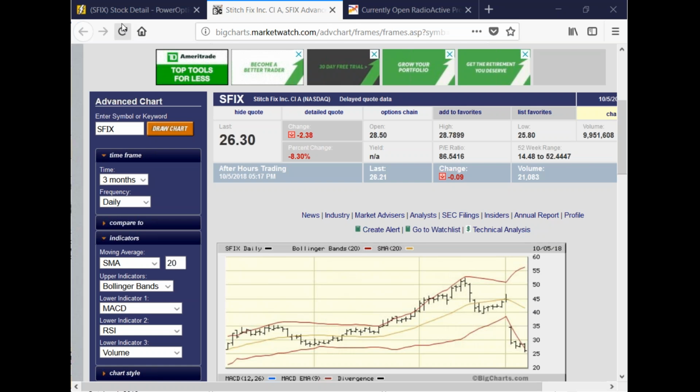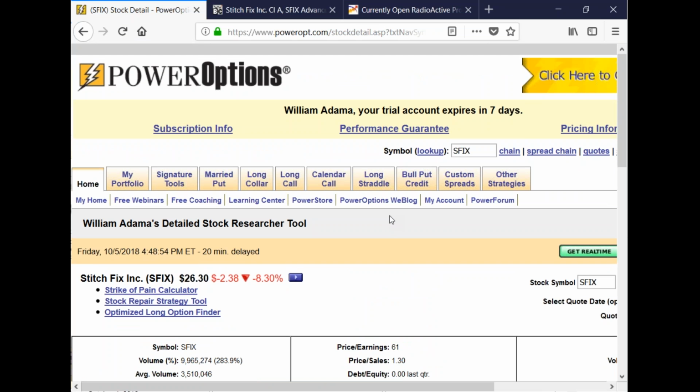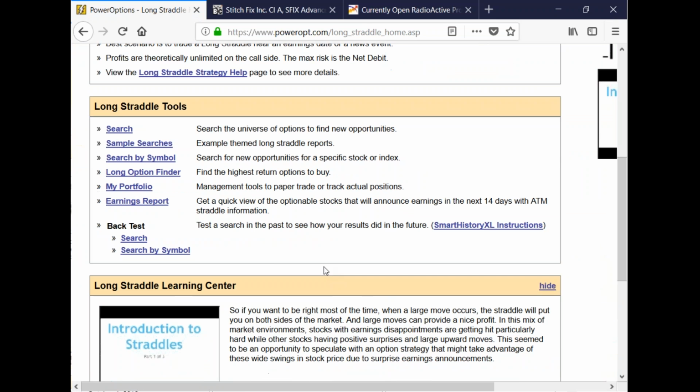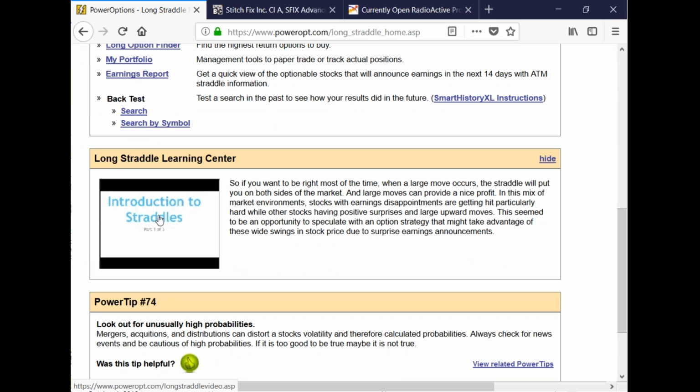Okay, so there's two things here. Sam did the straddle we just showed on SFIX, which has the big drop. Ernie, remember we talked about this, his introduction to straddles video is discussing using earnings shorter term, 5-7 days out in time, on stocks that have earnings between now and expiration. He's doing a little series on that. This is the introduction to his new approach to straddles.